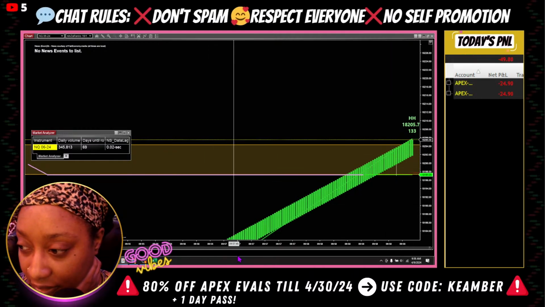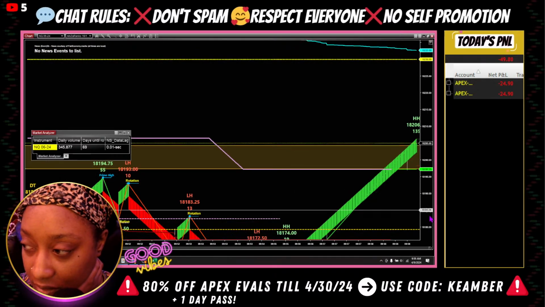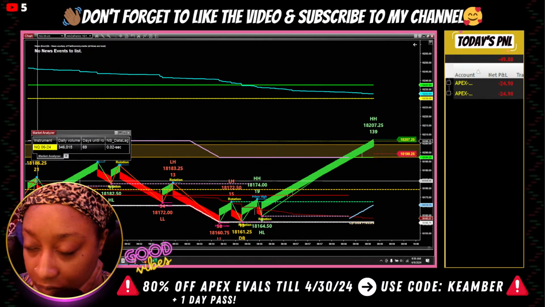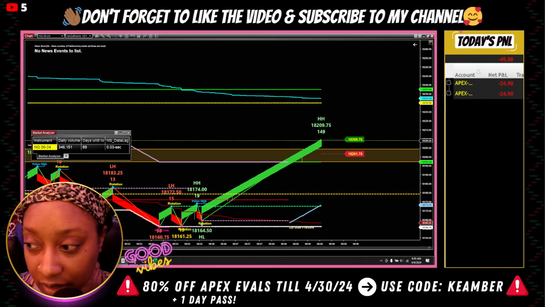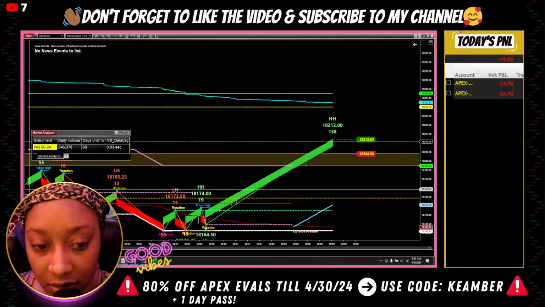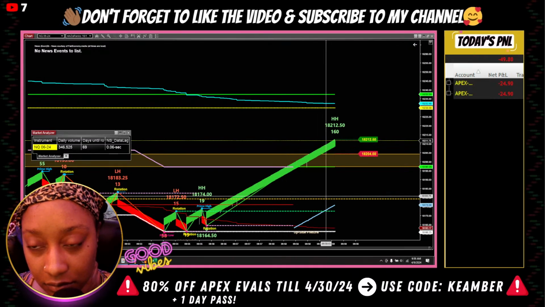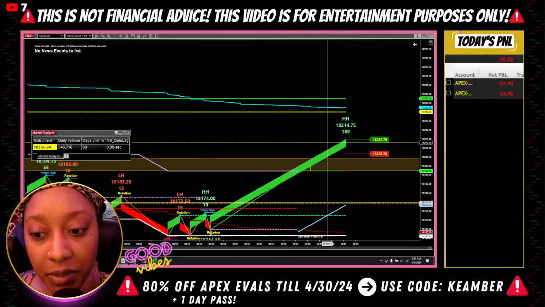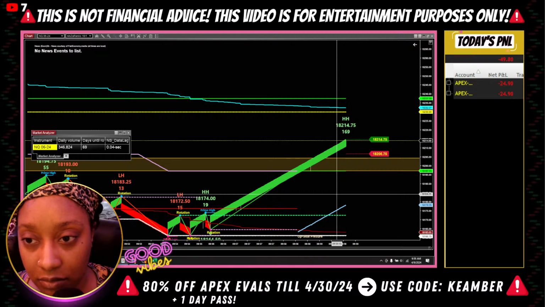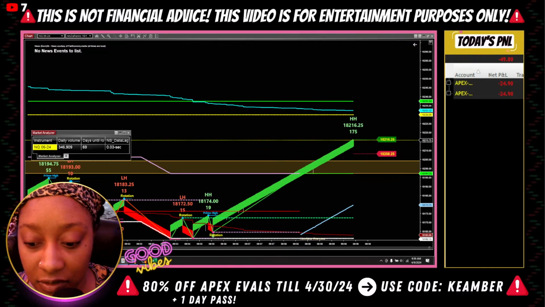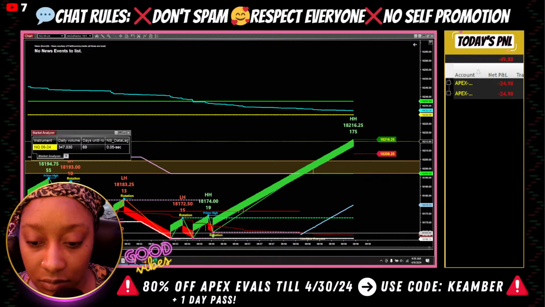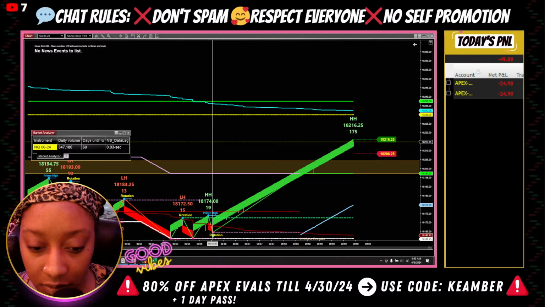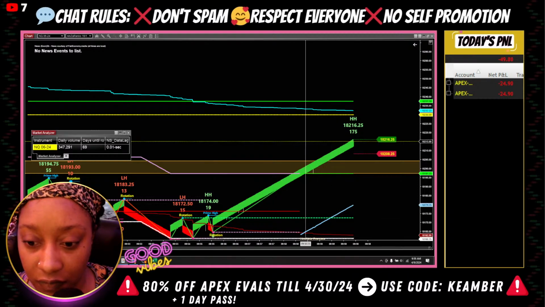Not interested in the divergence sale. Sorry, I didn't realize I was too zoomed in. No divergence sale because we pushed off the VWAP right there. So I'll just be looking for the first buy pullback to see what we end up doing from there. We cleared the top of the zone.